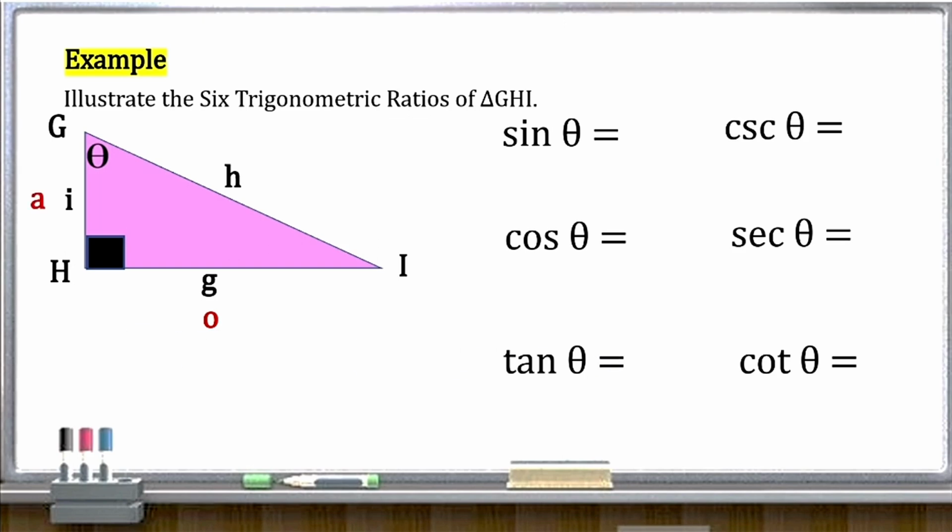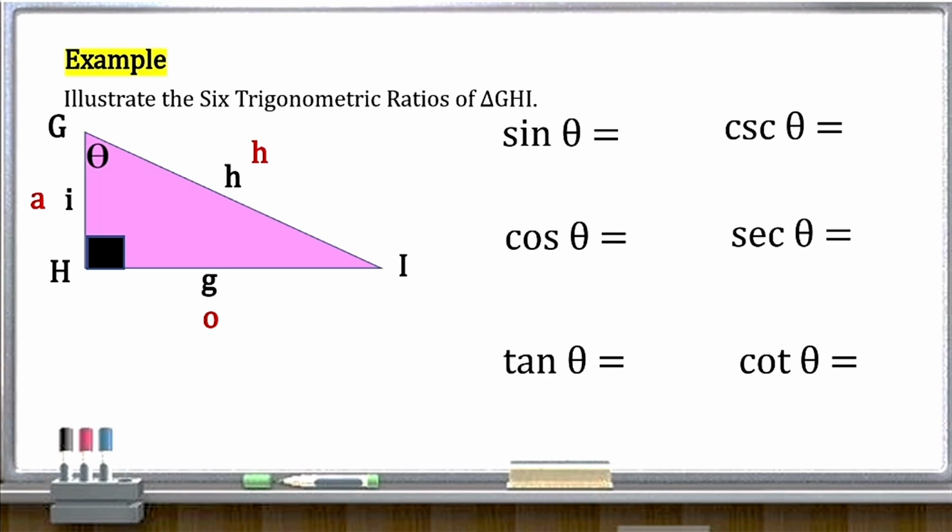At yung hypotenuse natin, yun lang ang hindi mababago. So makikita naman natin na yung hypotenuse nandito pa rin, class, sa tapat ng ating right angle. So ito pa rin yung ating hypotenuse. At pag na-identify na natin, class, kung nasaan na ang opposite, adjacent, and hypotenuse, pwede na natin kunin ang 6 trigonometric ratios of triangle